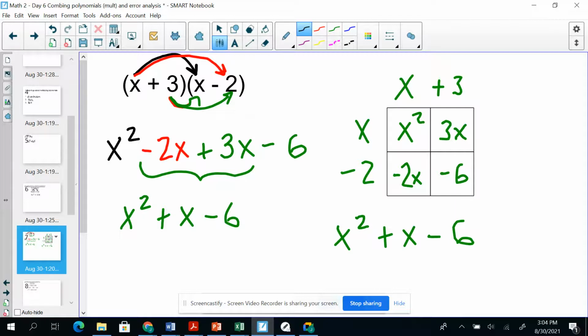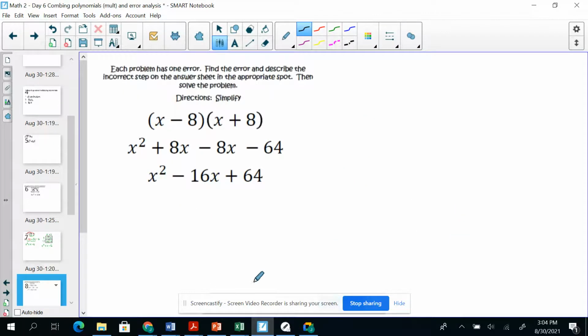And realistically, as far as distribution, this is distribution. We distributed the x, then we distributed the 3, and then we combine like terms. So FOIL is distribution. Again, it's just a change of organization. So looking at an error analysis, especially with a bunch of numbers and negatives and positives like this, again,